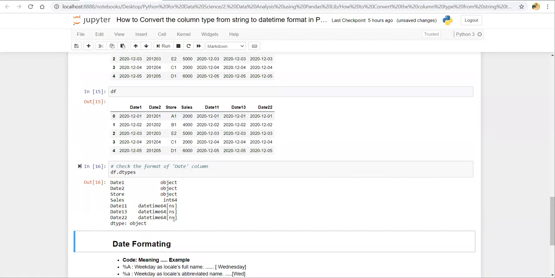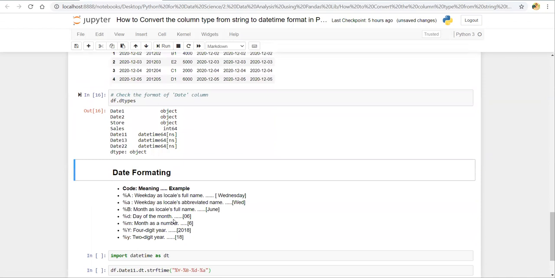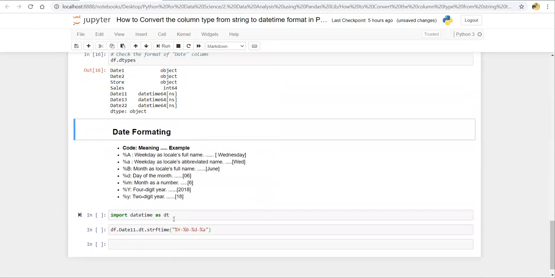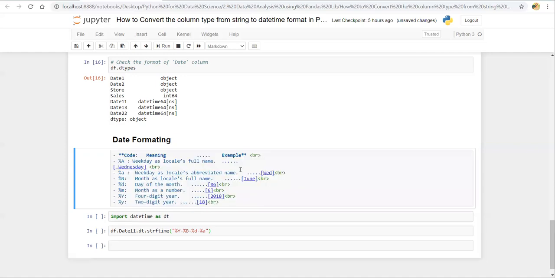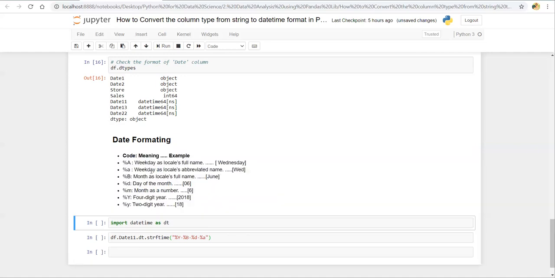Now let's see the date formatting. There are different types of date formatting. Percent capital A is for the full weekday name as per locale, and small a is for the abbreviated weekday name.